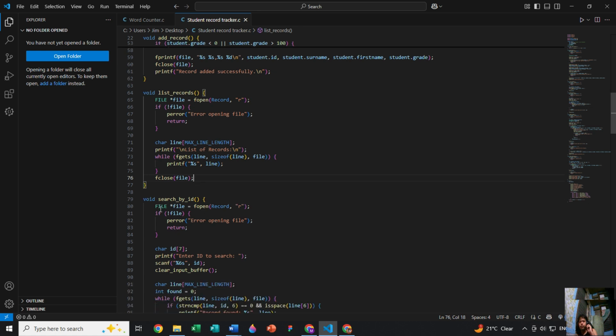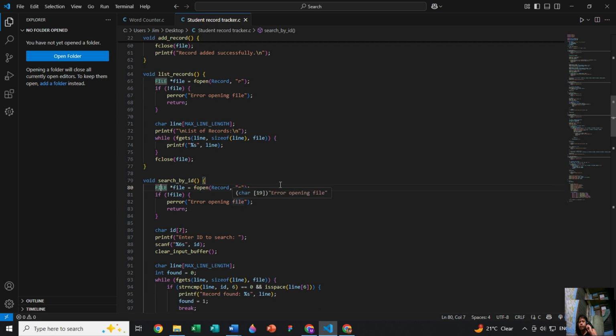Then for the search, when it comes to searching by ID, it will prompt the user for an ID and open the file and read it line by line. So basically, at first it will open the record again. If it can't find it, then it will display an error message.